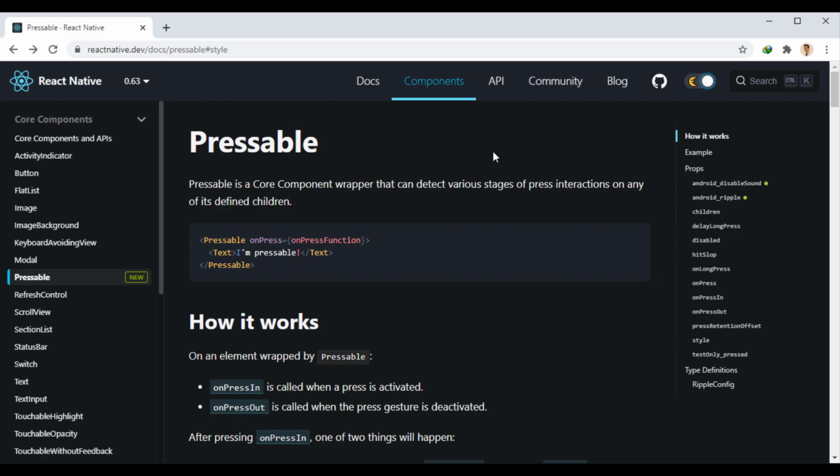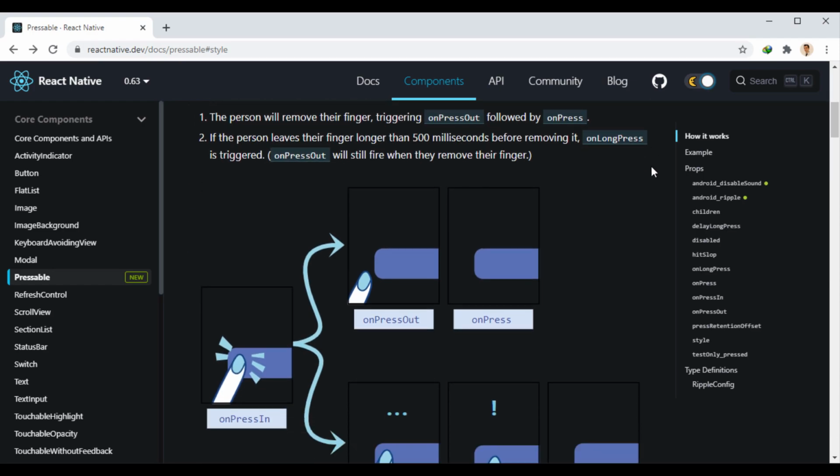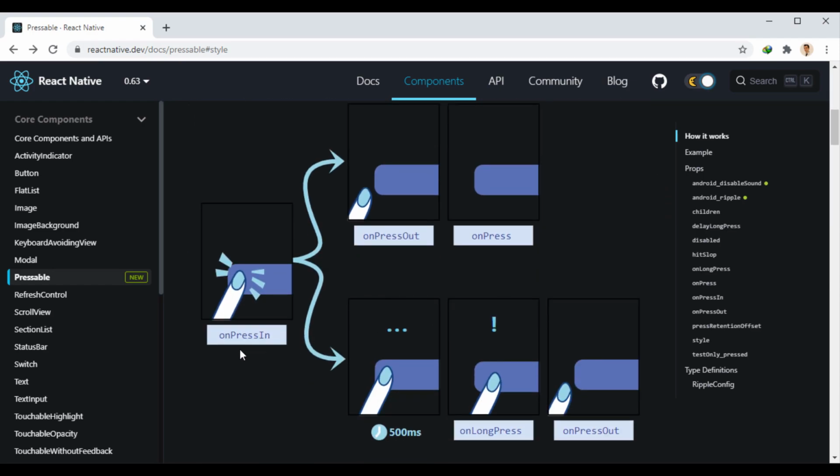If we refer to the documentation of this component, we can see the functions that exist in its props for clicking. When clicked for a moment, it leads to onPress. And when held for 500 milliseconds, long press actually happens.